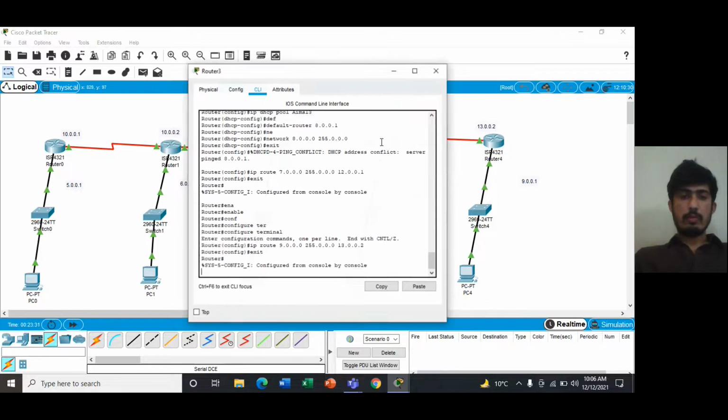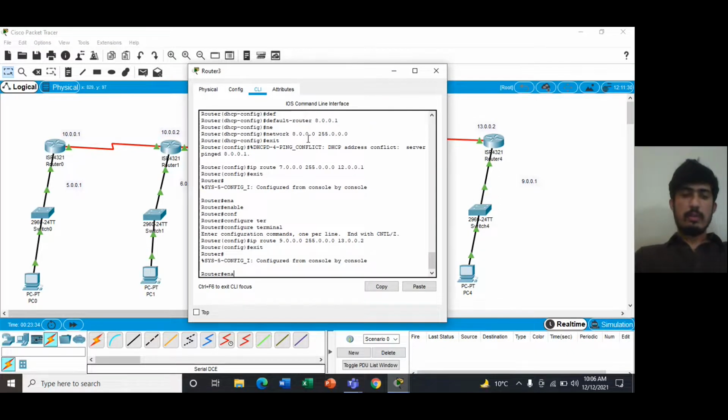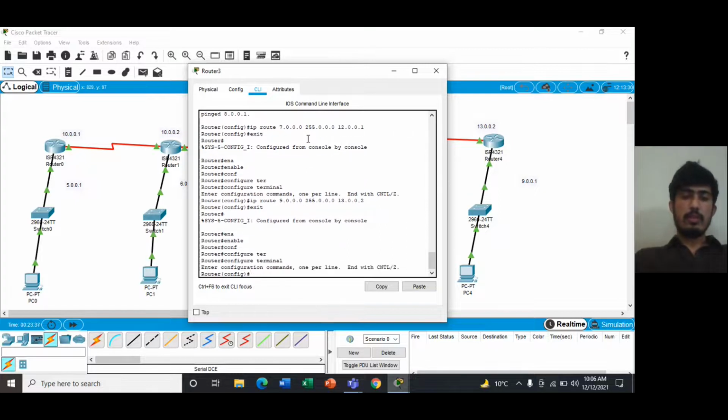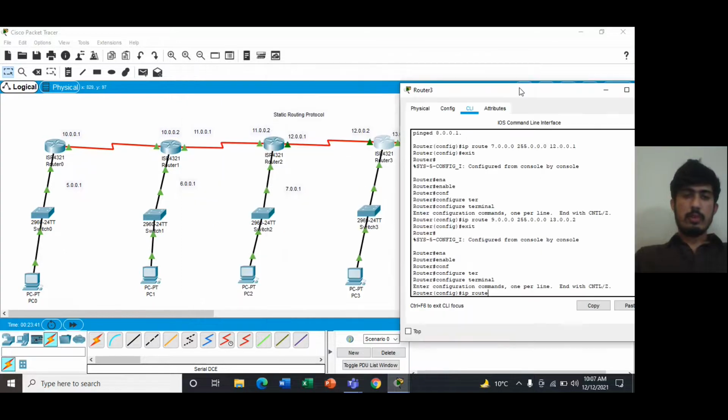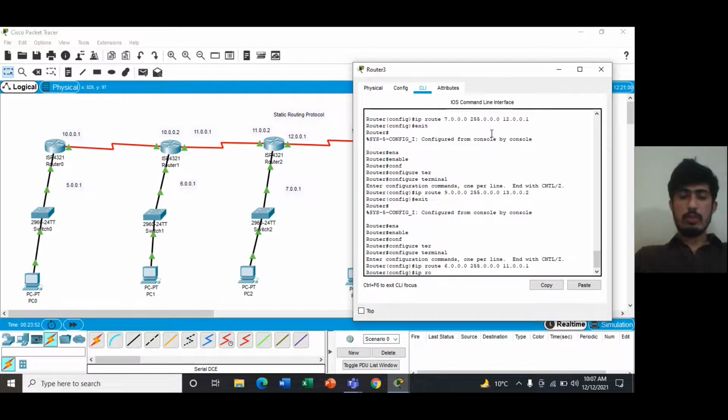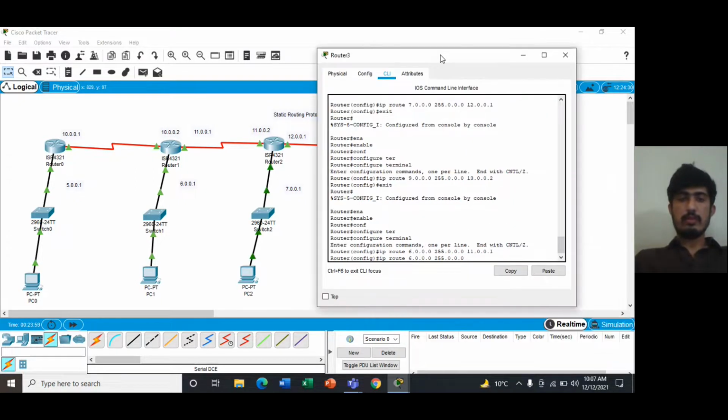Similarly, with this router, we'll do the same proceeding. Enable, configure terminal, IP route. From here to here, the destination default route is 55.0.0.0 and the destination IP is 11.0.0.1. On this route, the next destination IP address is 12.0.0.1